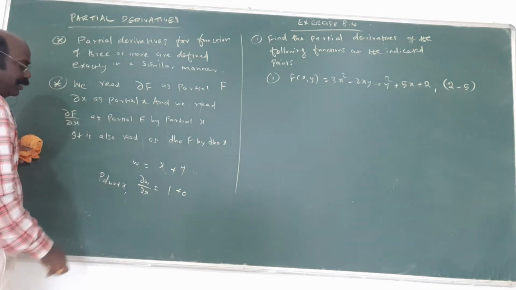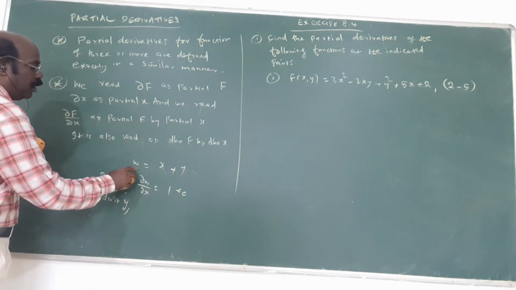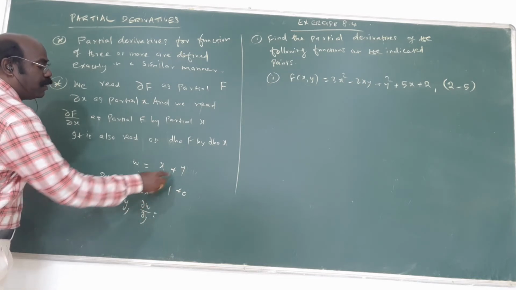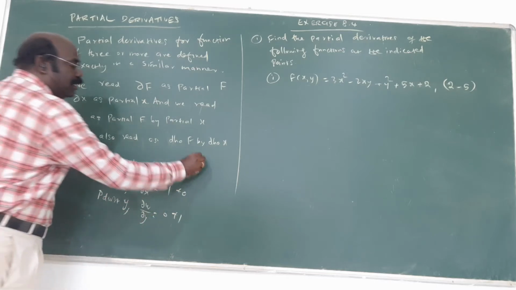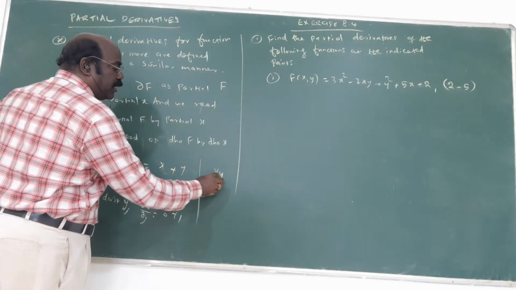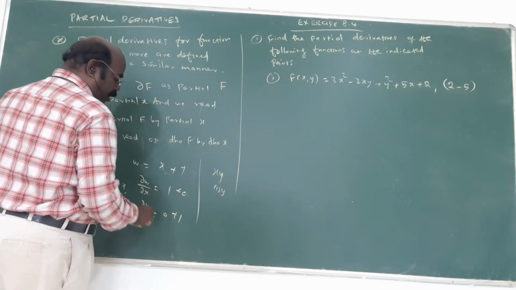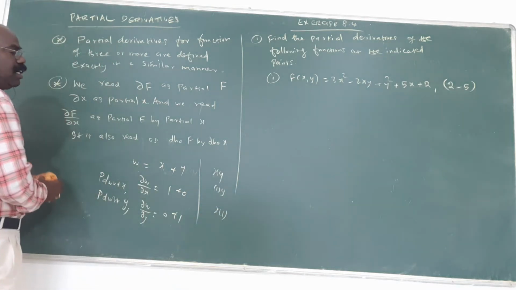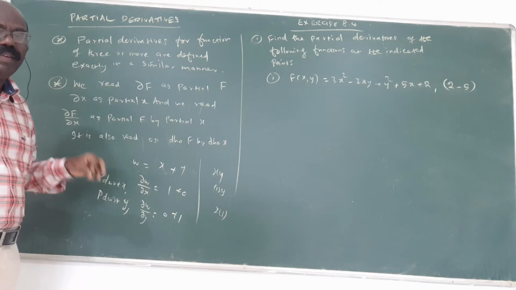Partially differentiating with respect to y means del w by del y. Y is a variable, so x plus y gives 0 plus 1. Am I right? Suppose x times y is there. With respect to x, y is constant and it stays as a multiplier, y is fixed, the derivative of x is 1. And with respect to y, x is fixed, the derivative of y is 1. In this way, you partially differentiate with respect to the variable, not ordinary differentiation.